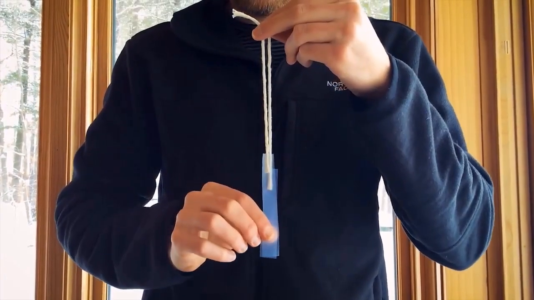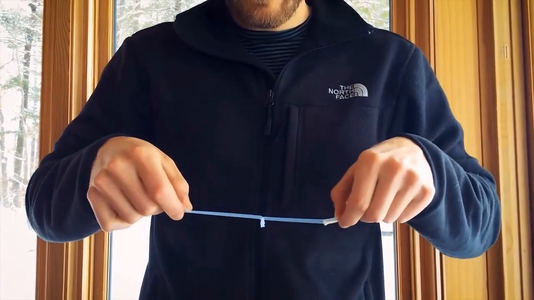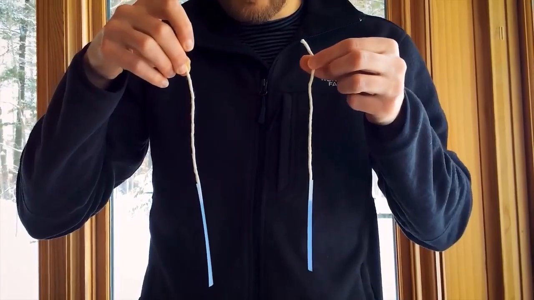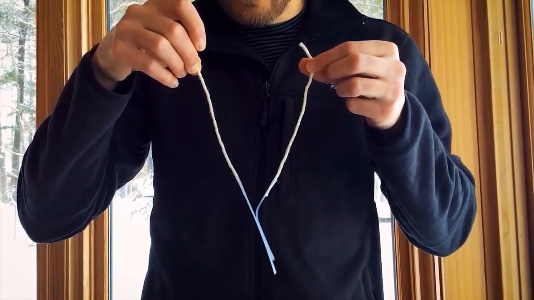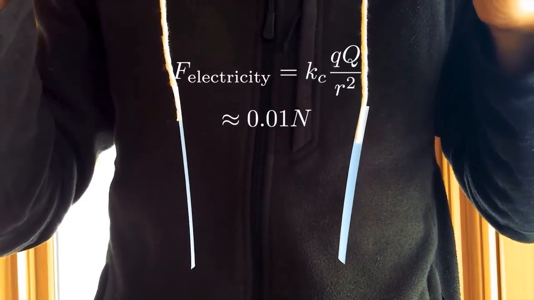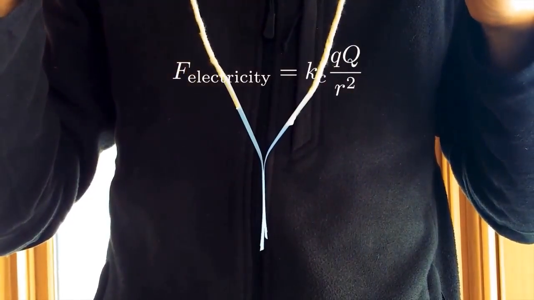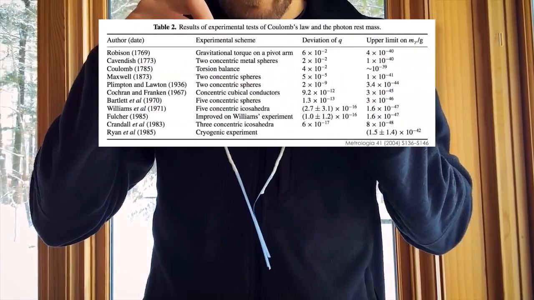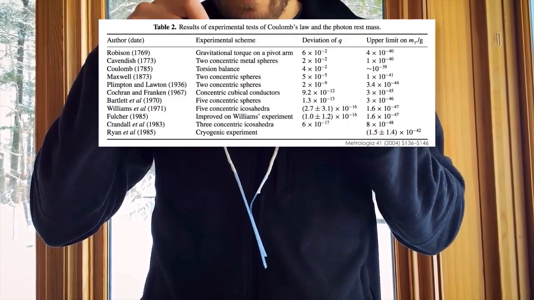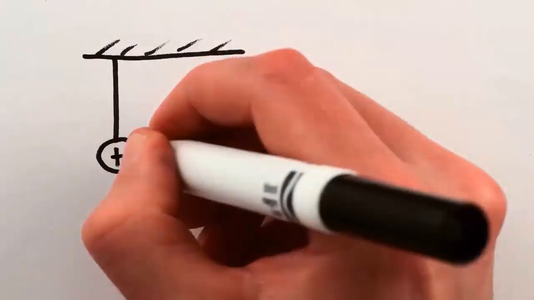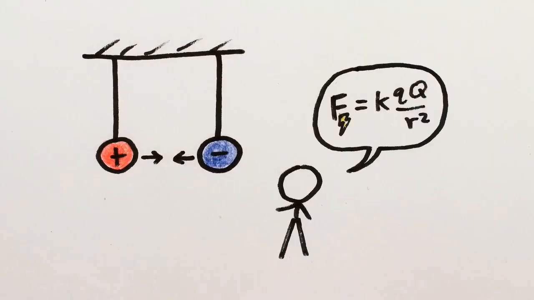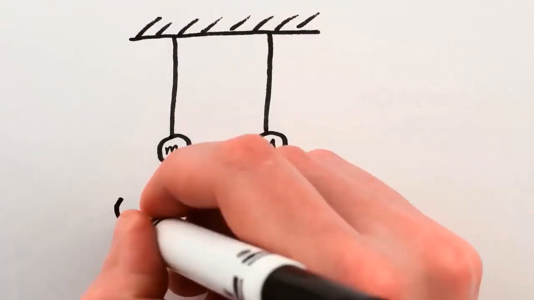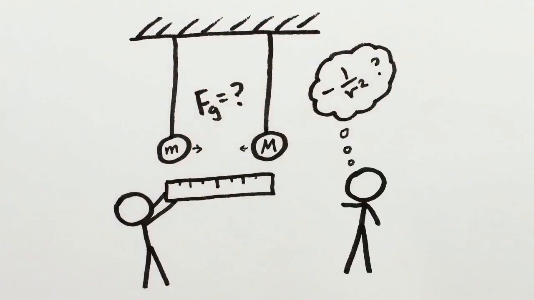In contrast, if you stick the two pieces of tape together and then pull them apart, they'll exchange some electric charge and then measurably attract each other, an electrical attraction which is 1,000,000 billion times stronger than the predicted gravitational attraction, and whose strength has allowed us to confirm Coulomb's law of electrical attraction to a very high degree of accuracy. So it makes sense to apply Coulomb's law of electrical attraction to objects at normal human scales. But testing Newton's law of gravitation at these scales requires very delicate experiments.